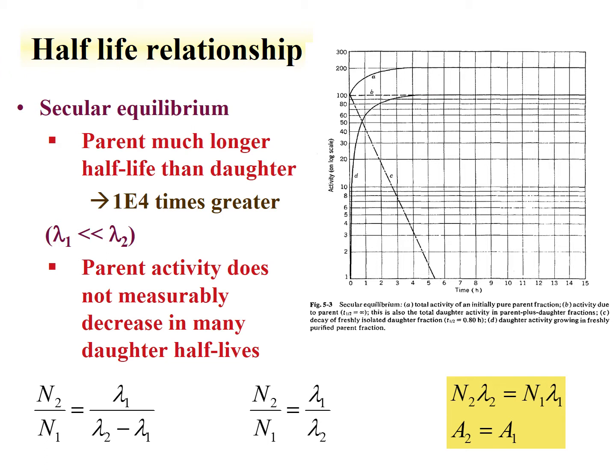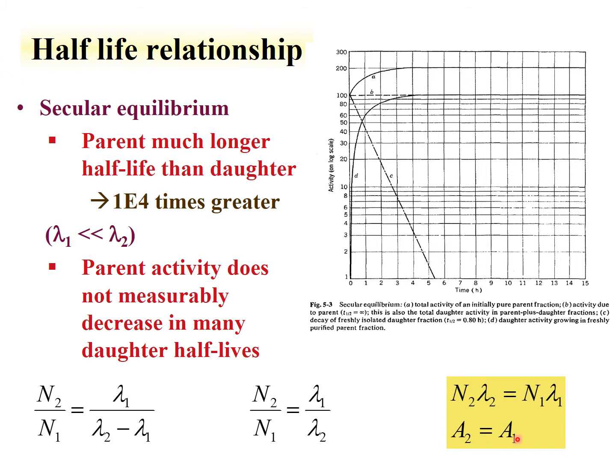So in this case, the parent does not measurably decrease in many daughter half-lives. We see that that seems to be the case. And then we have this relationship. We just took this relationship from the transient equilibrium, and lambda 2 minus lambda 1. Lambda 1 is a very small number. It's fundamentally just equal to lambda 2. So we get these relationships where n, the number of daughter atoms divided by the number of parent atoms, is just equal to a ratio of the decay constants. And we actually see that